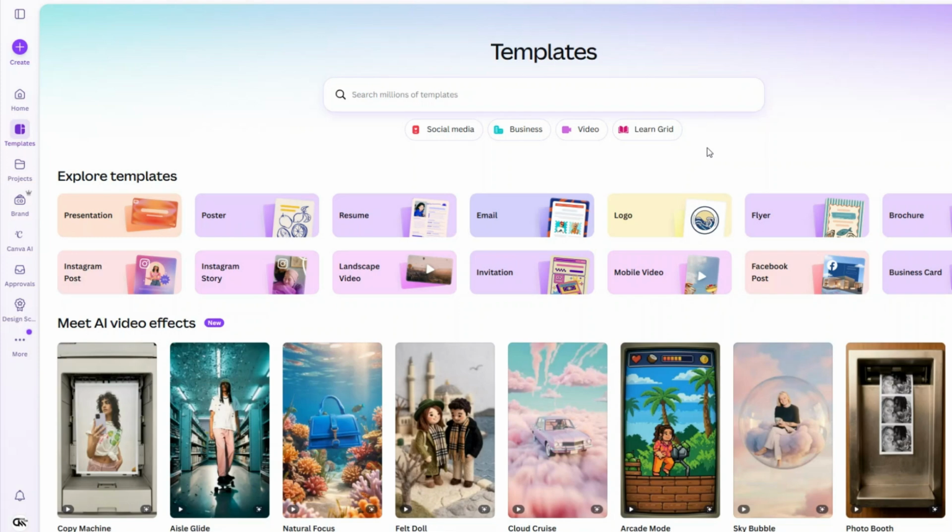In this video, I will be showing you how to create a YouTube outro in Canva. Let's get started. I'll begin by typing YouTube outro into the search bar to browse through the millions of templates